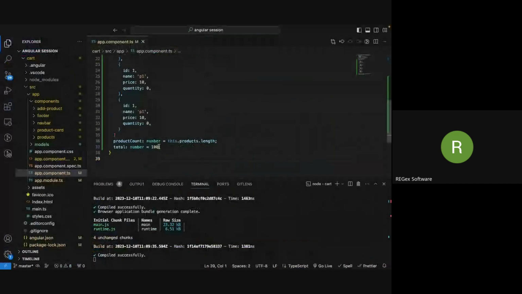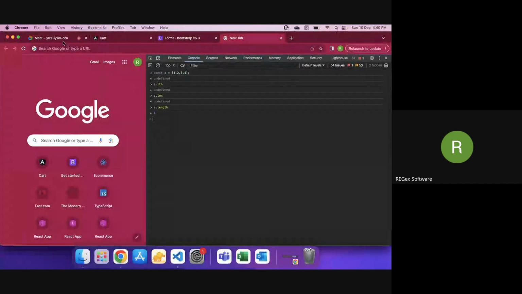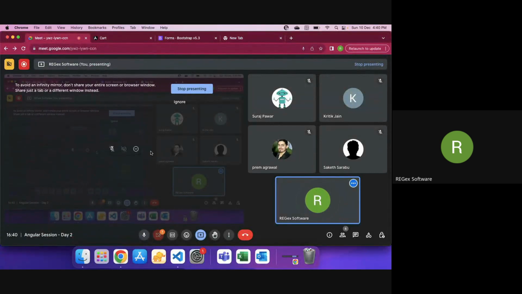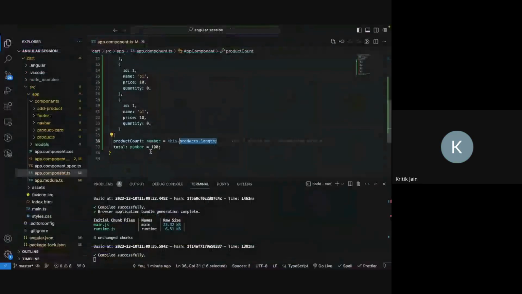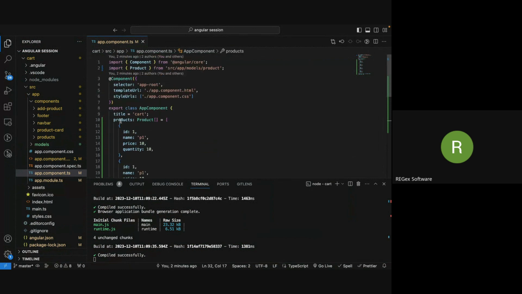So here we said this dot. What is this dot? We will come to it. But products dot length tells us the number of elements in the group of elements. Understood? Whoever is asking this question, clear? Yes, sir. Okay. Now coming to this, since the product is of the same class, this class, and products belong to